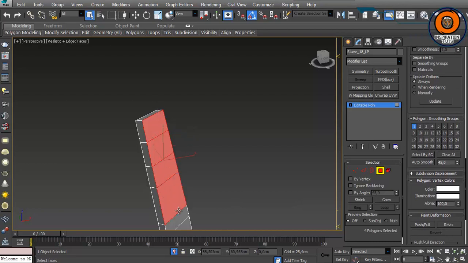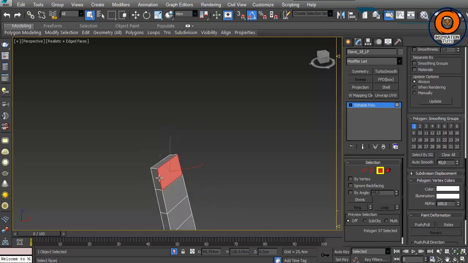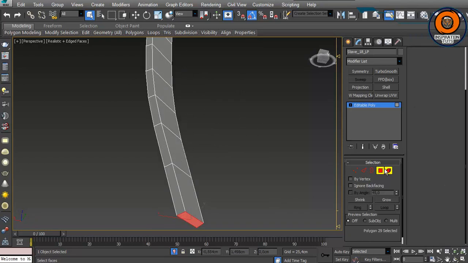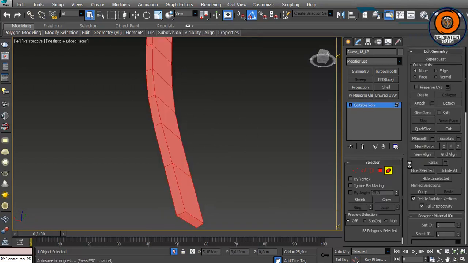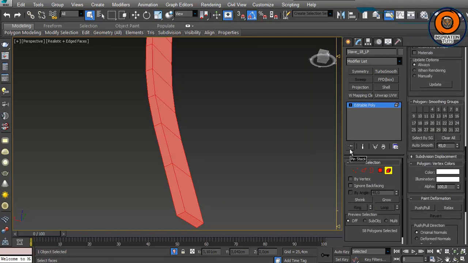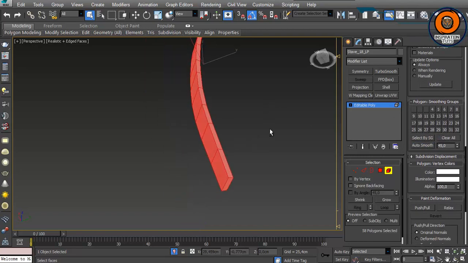So as you can see here, this surface has the same smoothing group. This one on the side has the same smoothing group as well, and this has also 3. So naturally this piece here has been prepared, and it has the right smoothing groups. But if it doesn't, then we're gonna clear everything and auto smooth it, and this should give us